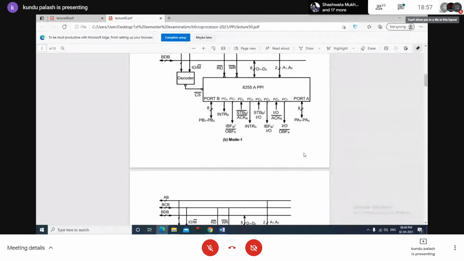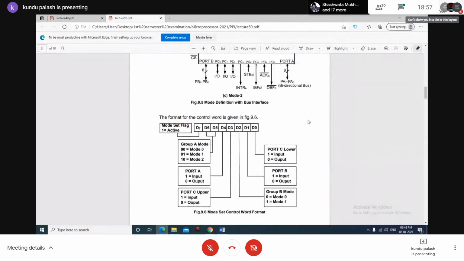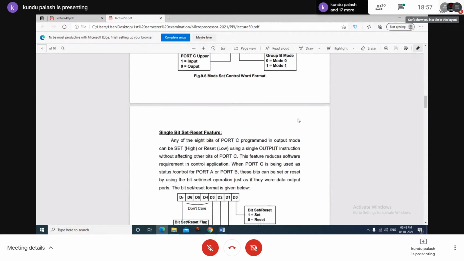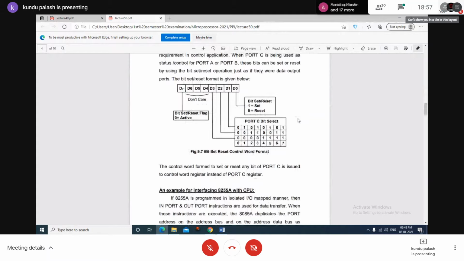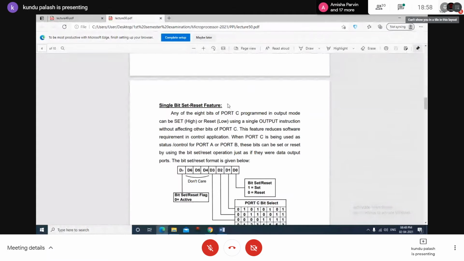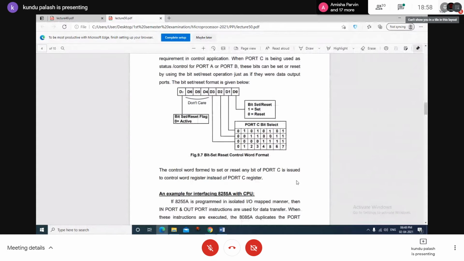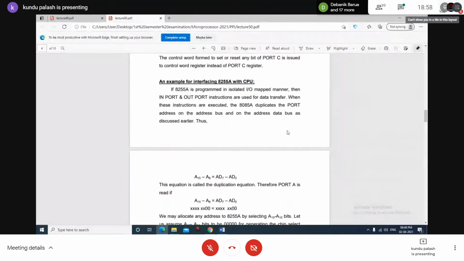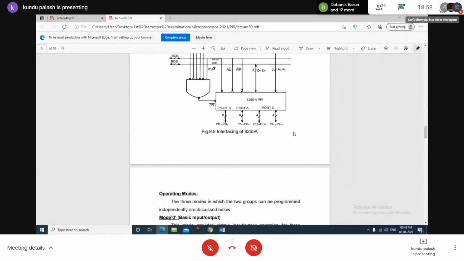So during programming, there is a sequence. That means, first of all, the control mode should be sent by the microprocessor so that the respective ports should be configured. Then the read-write operation will follow or proceed. And there is another operation, single bit set reset. So that will explain what that is. So according to the examples of the interfacing of the PPI device,